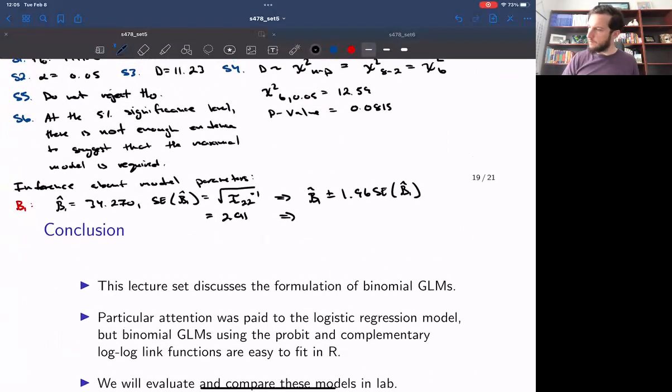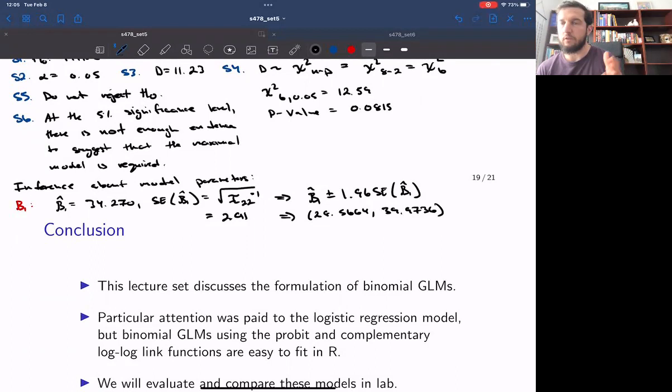So we have 34.270 minus 1.96 times 2.91. So that gives us 28.5664 to 39.9736, right? Okay, so what this is showing us, first of all, in terms of significance, it's telling us